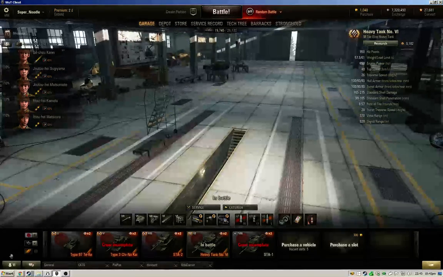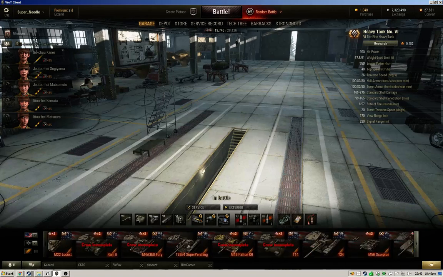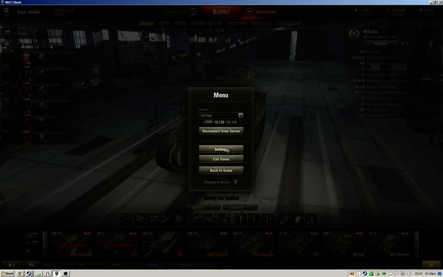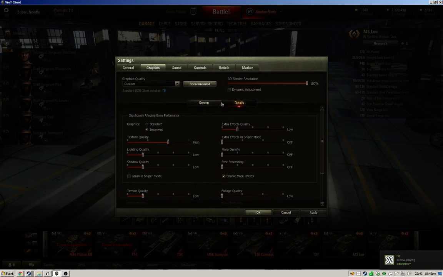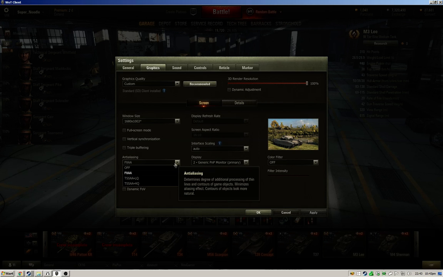I'm running on pretty lowish settings right now, because I want it to run well on stream. Let's see what I'm at right here. That and my graphics card's kind of cheap, and of course World of Tanks doesn't support multi-core. I think I've got single anti-aliasing,